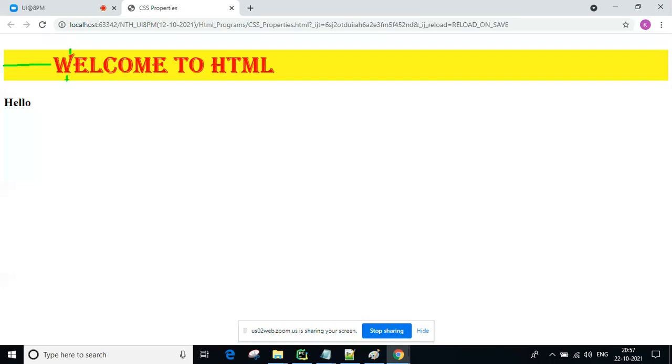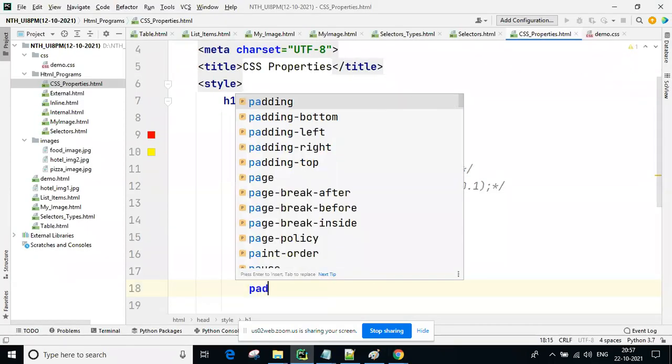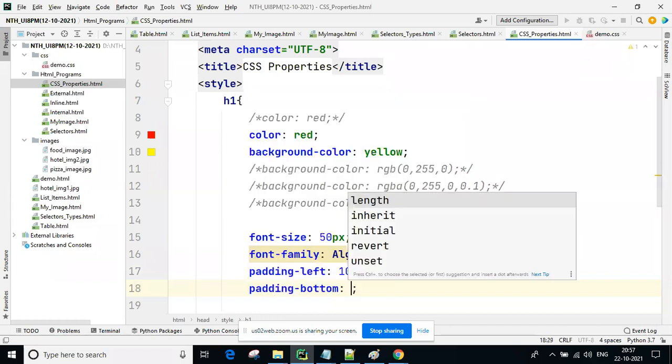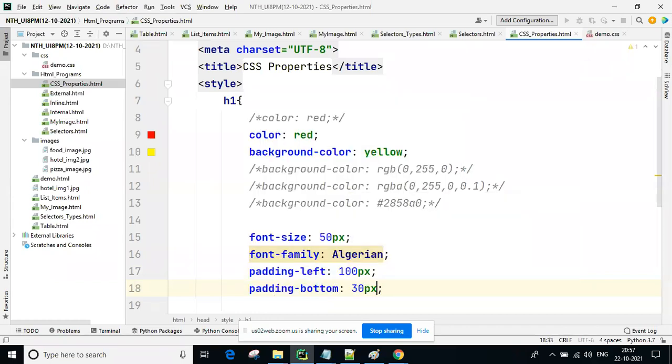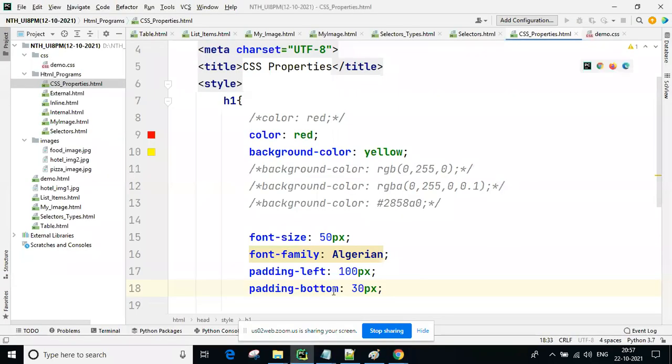This is the default. I want the bottom side also, so padding bottom 30 pixel. Then you can see the bottom side is getting some space. Wherever you want, which side you want, you can decide. That's your wish using the padding.